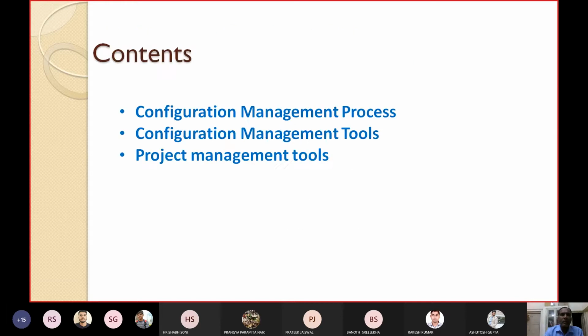We'll first look at the configuration management process. Then we'll discuss the tools available for configuration management. Then we'll discuss the tools available for project management.